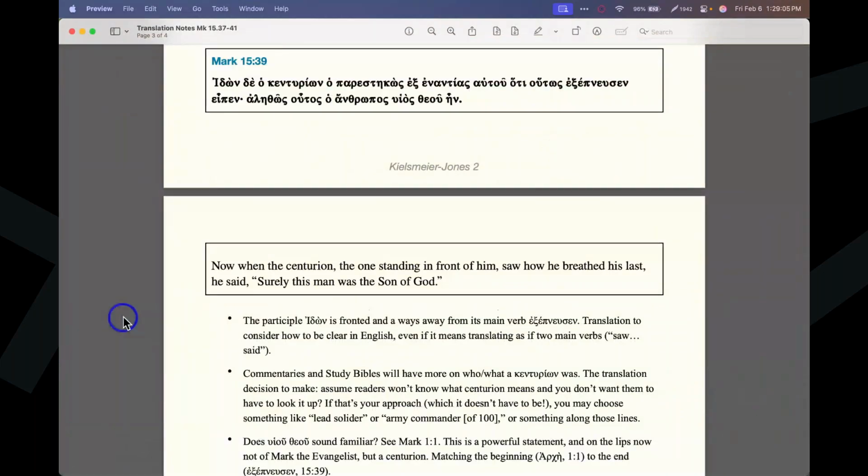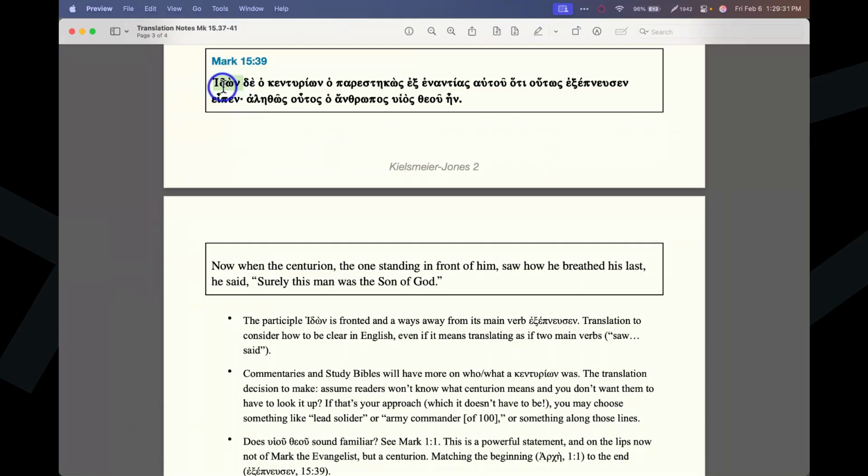Here's how I translated it. Now, when the centurion, the one standing in front of him, saw how he breathed his last, he said, surely this man was the Son of God. Again, we've just got back-to-back super powerful verses that, I think, deserve far more time than we're going to give them today. Let's talk about word order first, though, because it is a little